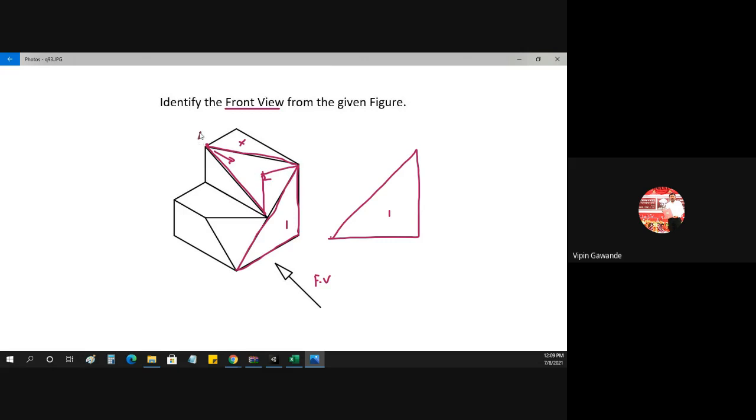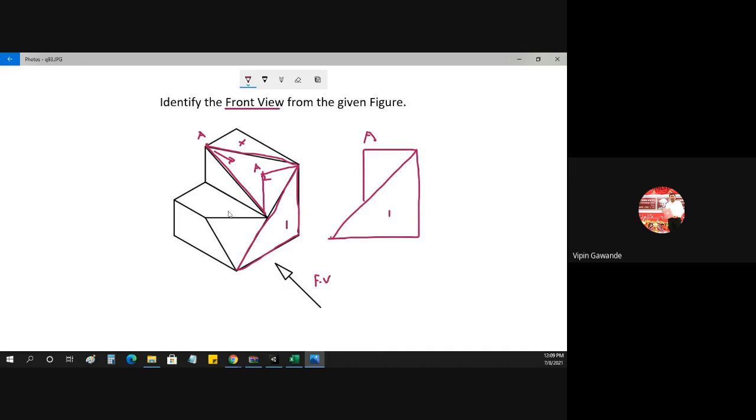That means this A point comes here, this line becomes a horizontal line and this line becomes a vertical line. So we'll get a triangle like this. When you take this A point to the front side, because we are drawing the front view, we'll get one triangle, something like this. See, this is my A point here.